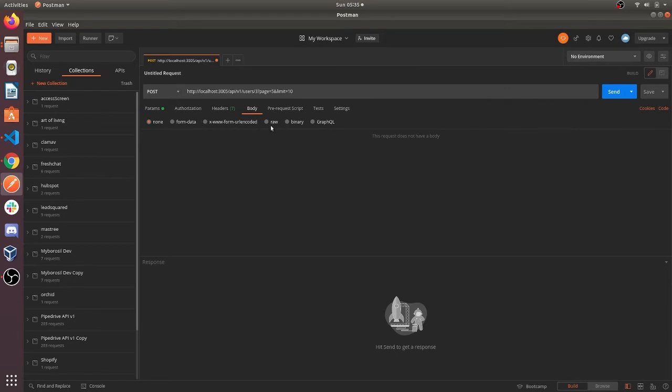To add a body to your request, go to the body tab, select raw, as we are going to send a JSON body. If you have to send form data, you can select this.